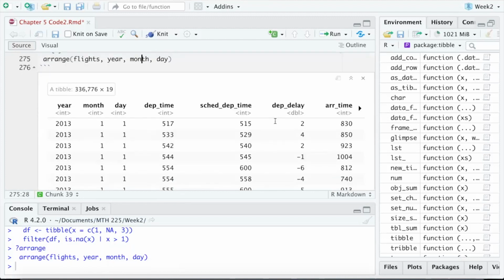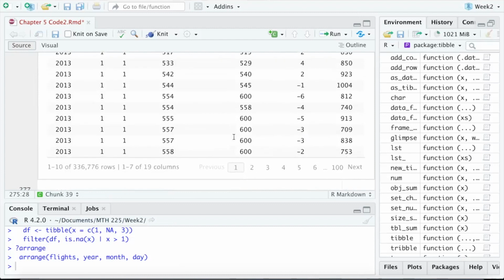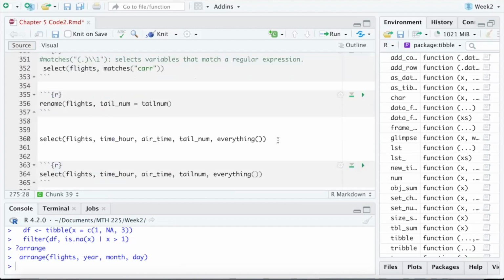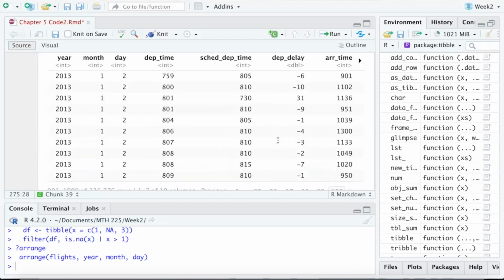We still have the 19 columns and the 337,000 rows. It didn't reduce any of the data from flights. It just ordered them in a different order so that we can display it. And we can't see a whole lot here. So this is all the January 1st flights, but let me go to the 100th page here. Now, after the 100th page, we're only on January 2nd. This would take you a long time to scroll through all this data